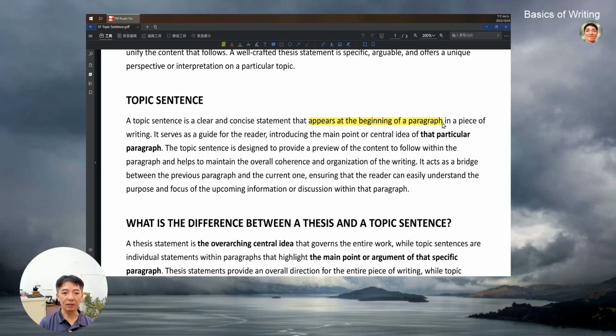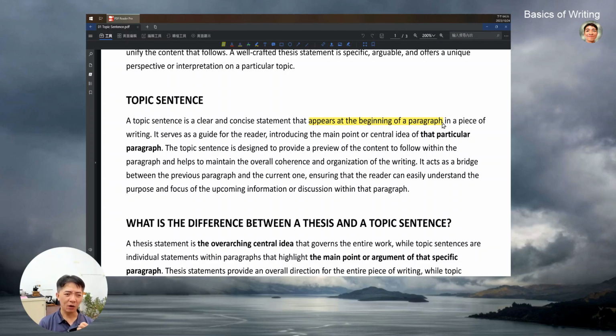The topic sentence is designed to provide a preview of the content that follows within the paragraph and helps to maintain the overall coherence and organization of writing. We'll talk about coherence later in other handouts. And it acts as a bridge between the previous paragraph and the current one, ensuring that the reader can easily understand the purpose and focus of the coming information or discussion within that